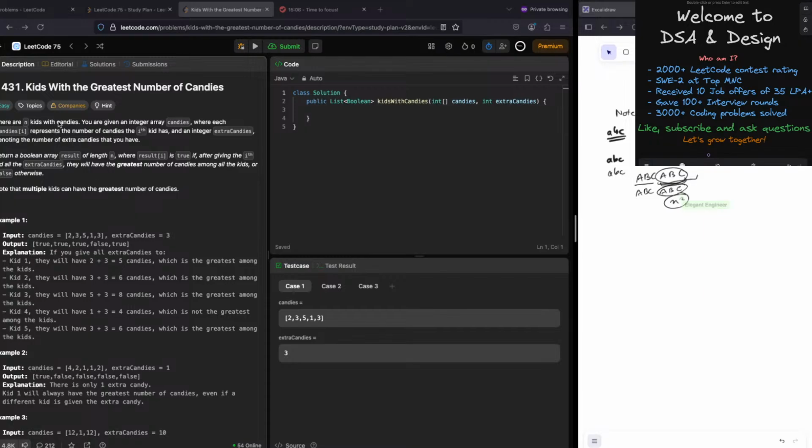There are n kids with candies and you are given n candies, where each candy represents the number of candies. The candy is denoting the number of candies you have. If after giving a